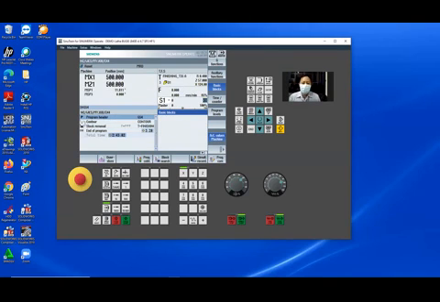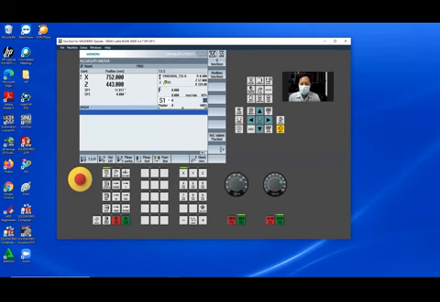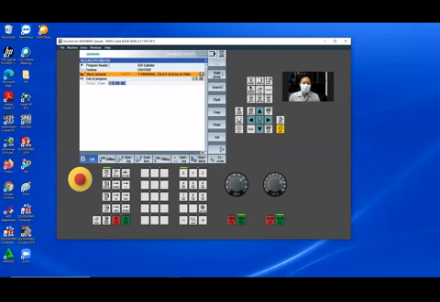Okay, finish. This is location. Okay, just like that. Okay. Go back to the job program. Yeah, this is our program. Actually, this is the turning.